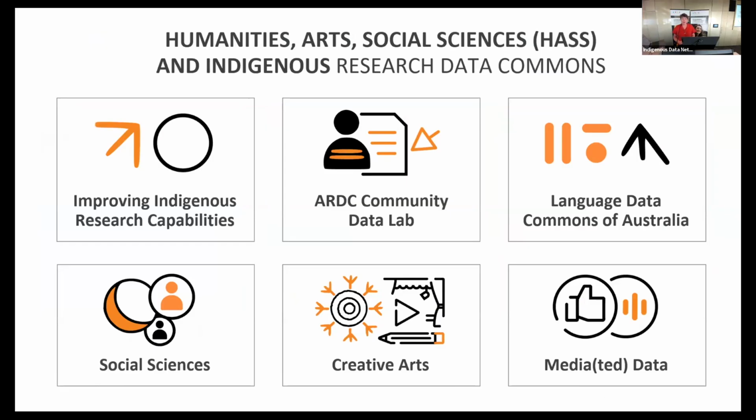Okay, so the HASS and Indigenous Research Data Commons came into being in 2020 when the Department of Education identified 4 what they considered to be investment-ready projects in the Research Infrastructure Investment Plan. So there were 4 designated projects that